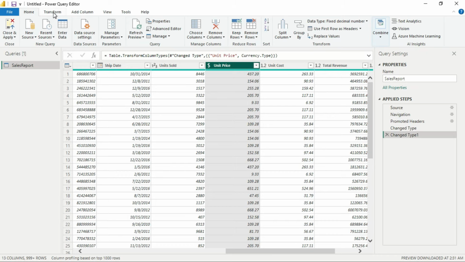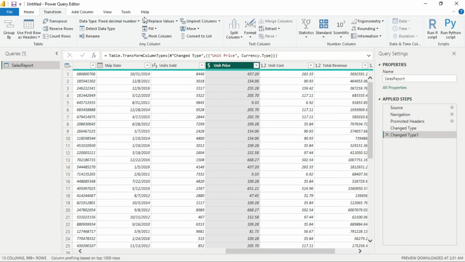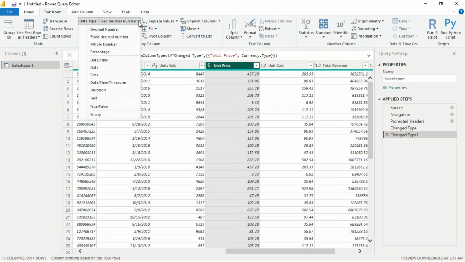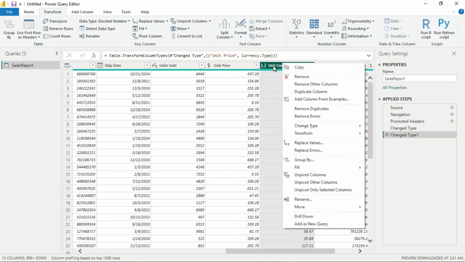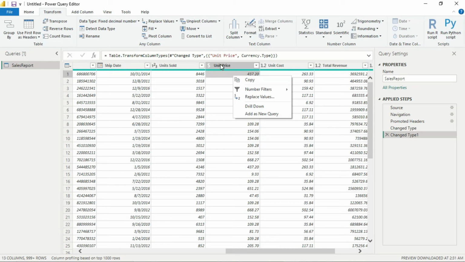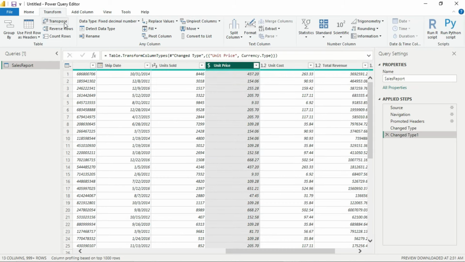Or you can come to transform, then data type, click on the drop down arrow, then choose. So there are several ways that you can apply the tools to your records. Either you right click on the header section, or you choose under the tabs. Okay,